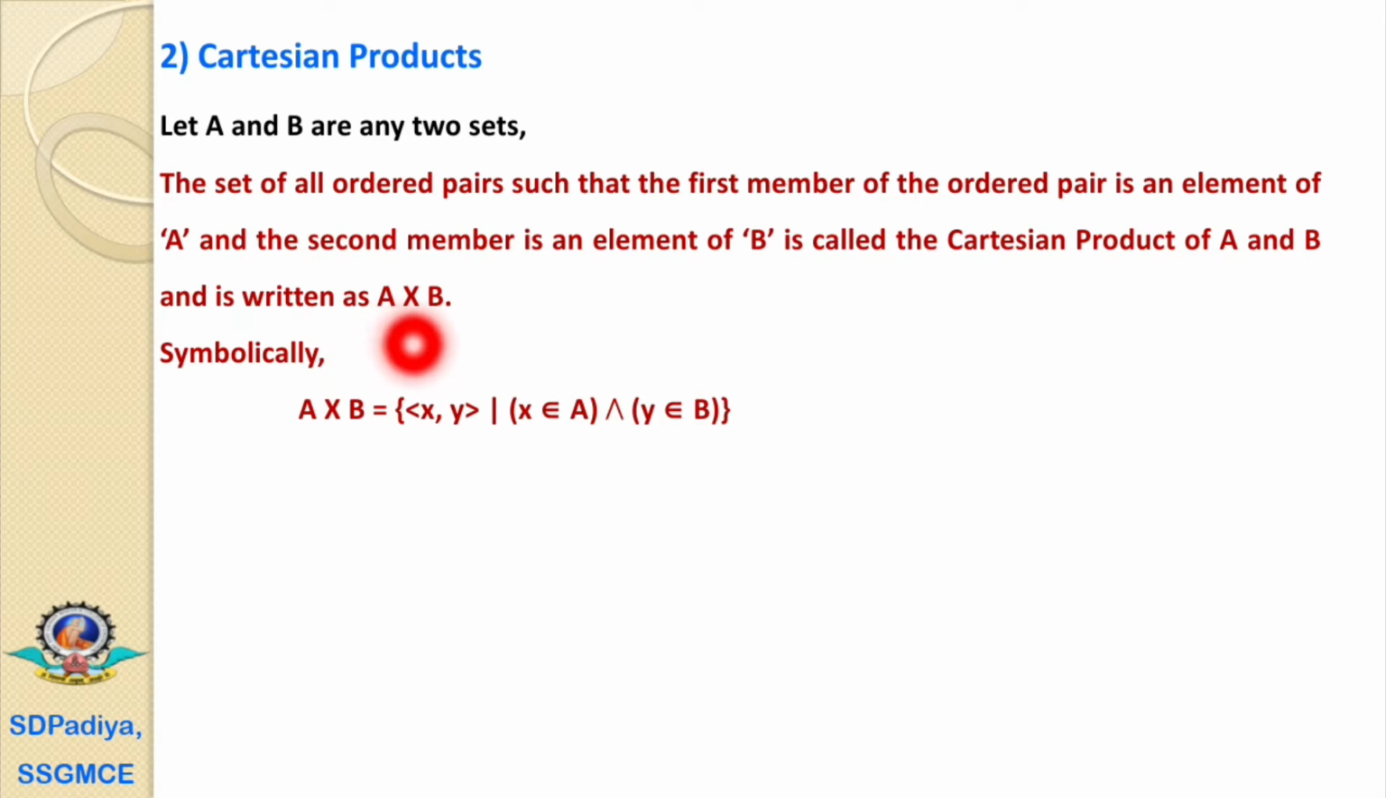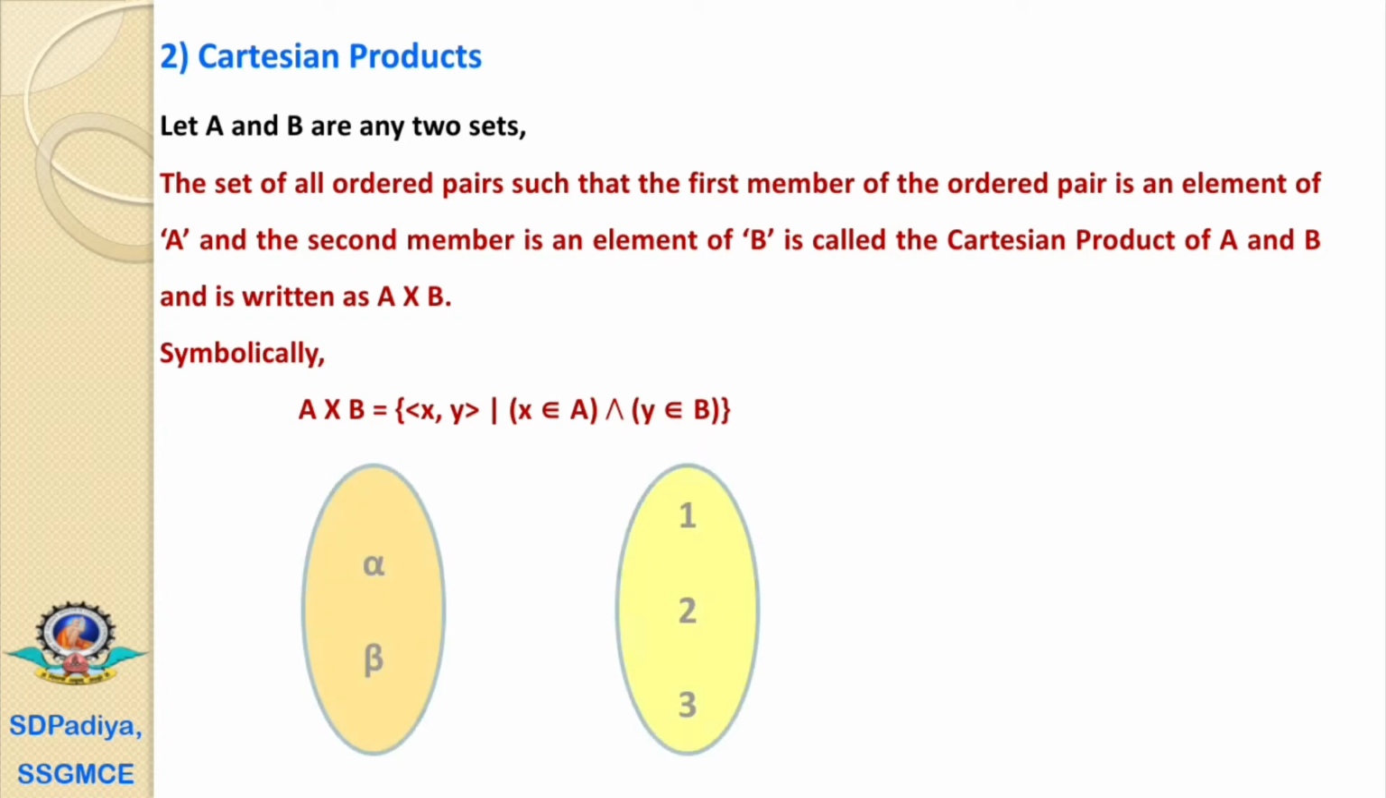This cross is a symbol used for the Cartesian product. We read this as A cross B, that is, the Cartesian product of A and B. Symbolically, the Cartesian product of A and B is a set of ordered pairs (x, y) such that x belongs to A and y belongs to B. That is, the first element must belong to the first set